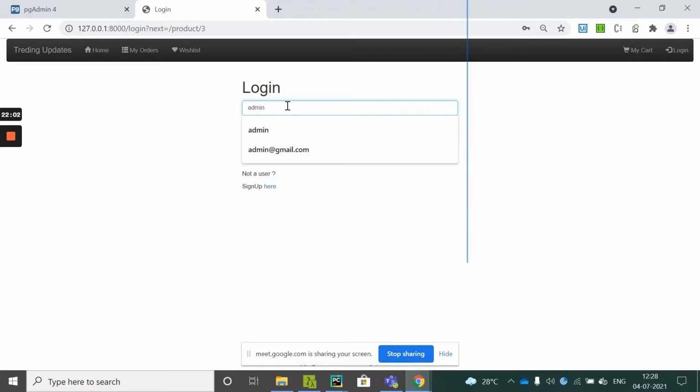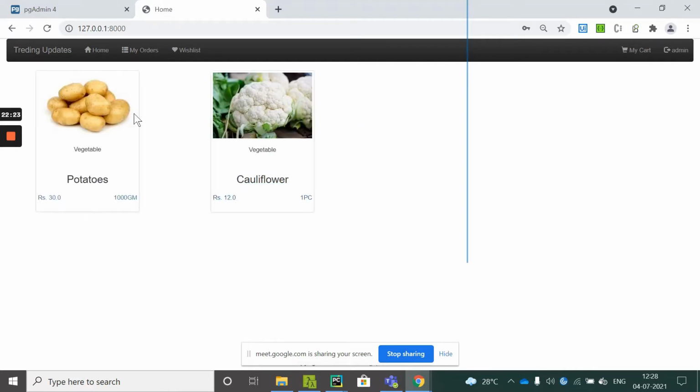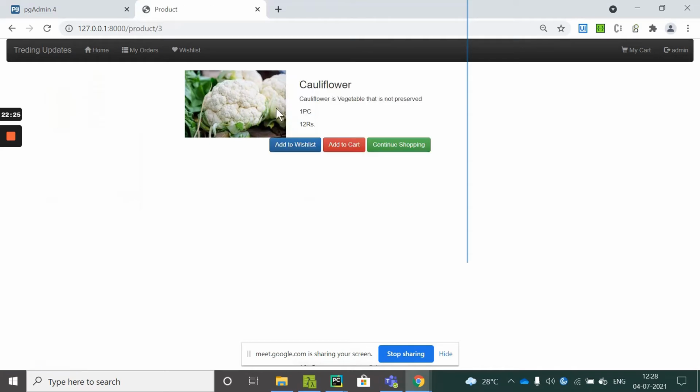So I'll log in, because you cannot add the product to the wish list unless you are logged in, because the wishlisted item should have the user information of who has logged in. So you cannot directly add those details. You need to log in first, then go to the detail view. Now it is going properly because we have already logged in using admin, and then say add to wish list.